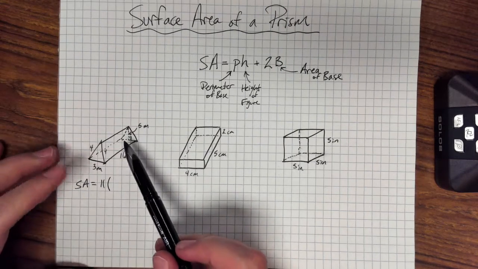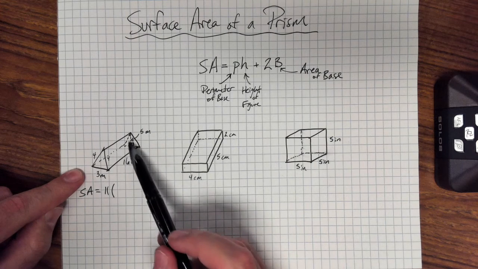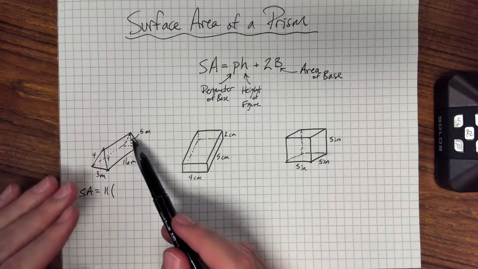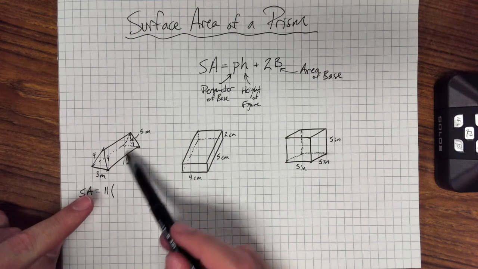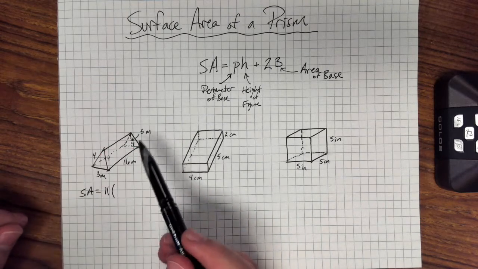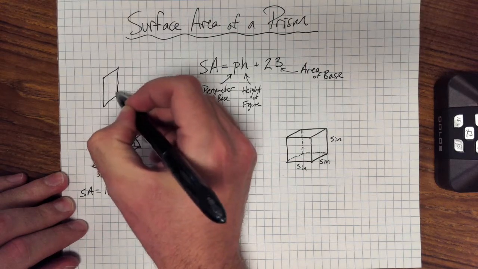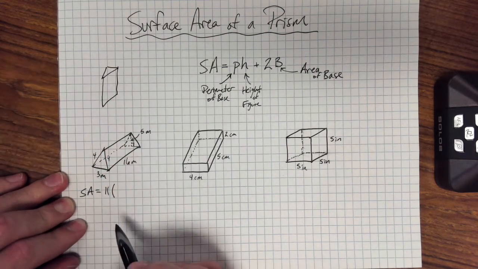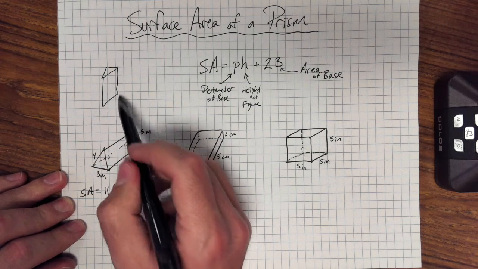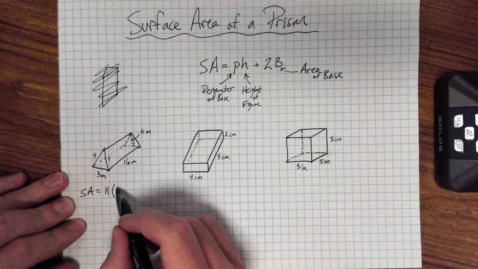Now, this can be confusing. Height of the figure means not the height of the base, but the idea is take this solid, this whole figure in your head, and pretend that you sit it up on its triangular base. So ultimately what it's going to end up looking like when you do that is something like this. Okay? So pretend that the base is on the bottom. What's the height now? Well, in that case, the height is 16. So the height is 16